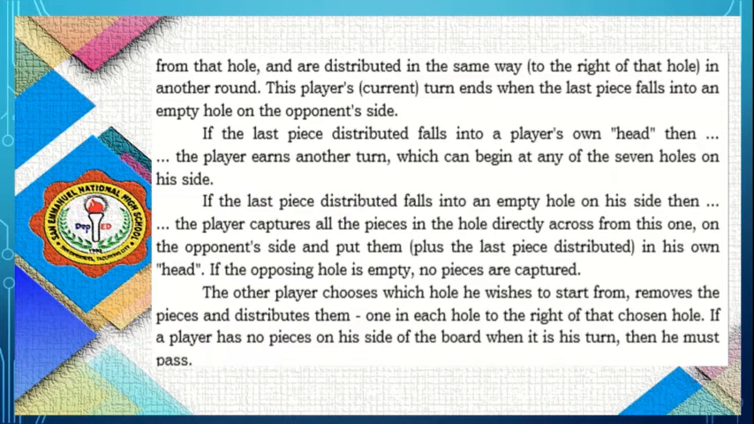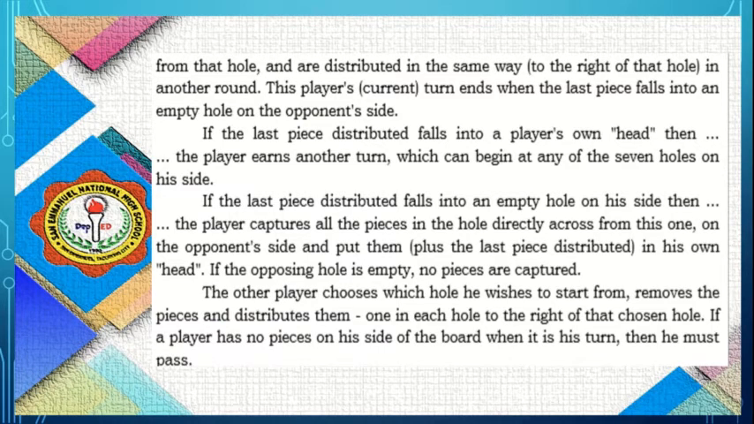If the last piece distributed falls into an empty hole on his side, then the player captures all the pieces in the hole directly across from this one, on the opponent's side, and puts them plus the last piece distributed in his own head. If the opposing hole is empty, no pieces are captured. The other player chooses which hole he wishes to start from, removes the pieces, and distributes them,